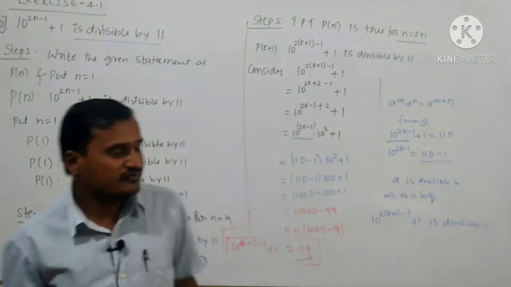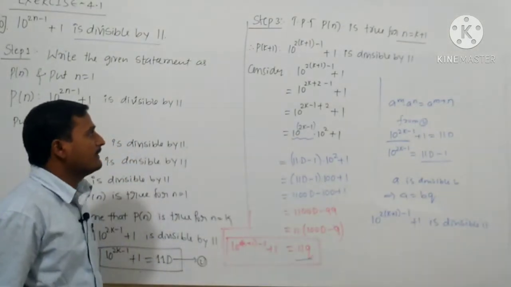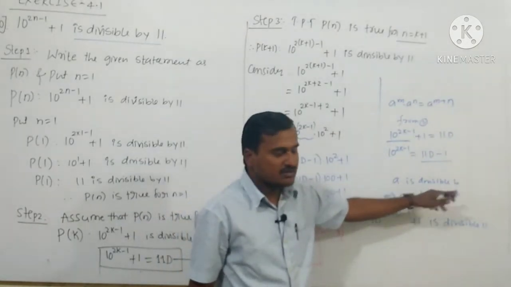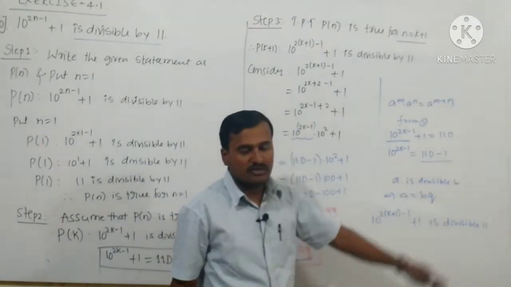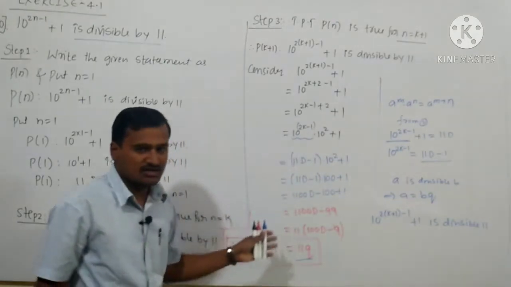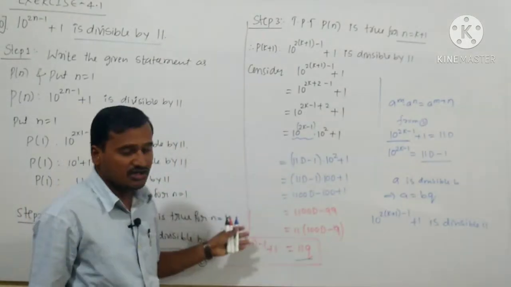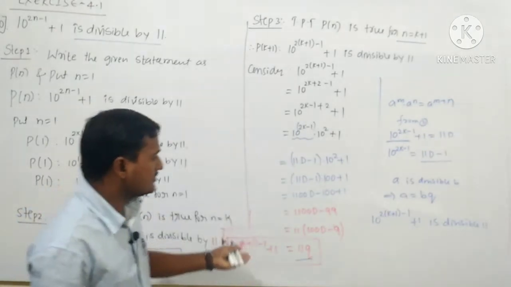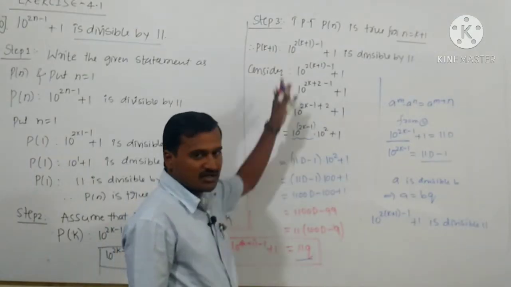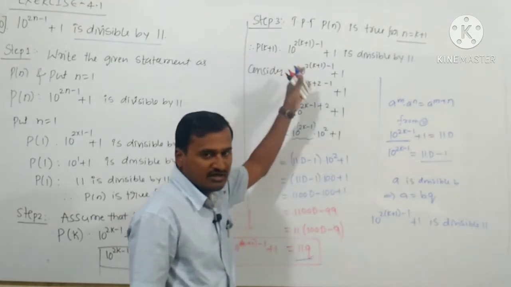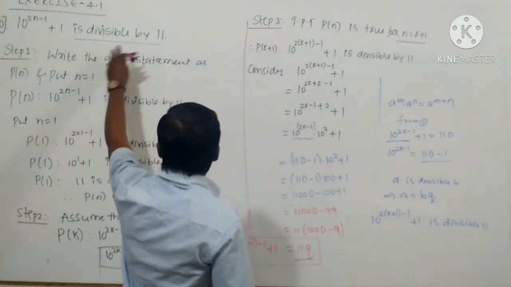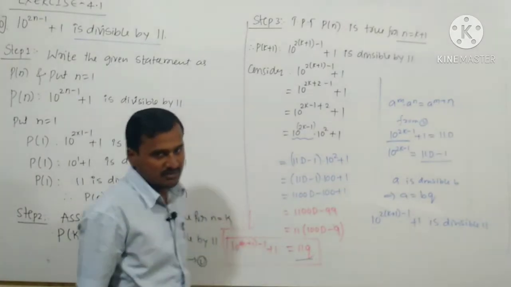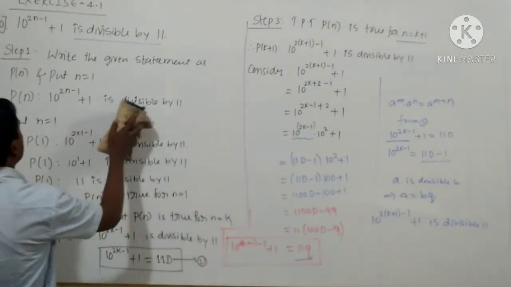Okay, so if the divisibility is given, then here you should use this one, that is, a is divisible by b. This implies a is equal to b into q. So in the third step you have to convert the terms into a product of two terms. One term is what they have given. So here they have given 11, this term is divisible by 11, which means here you should take the multiple of 11. Okay, we'll go to the next question.